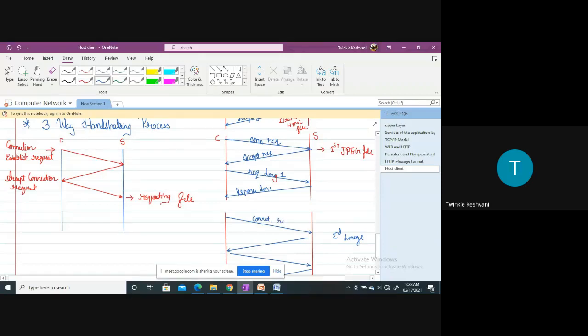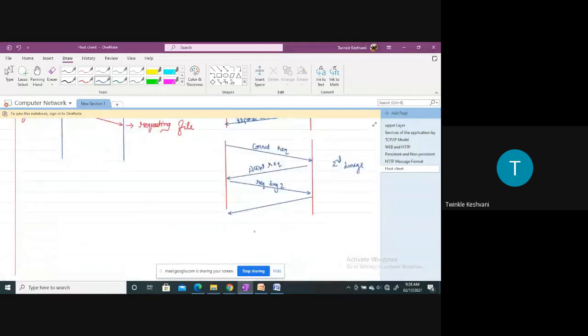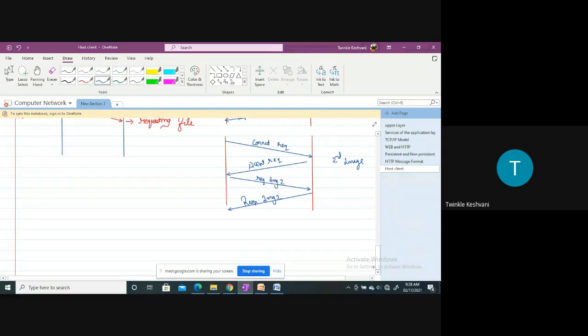So this is connection request, accept request, request for image 2, and response image 2, right? So this is a non-persistent connection. For every object we need to establish a separate TCP connection, right?